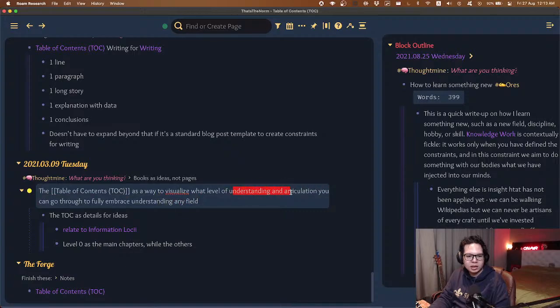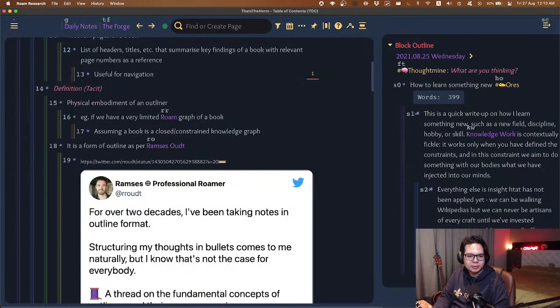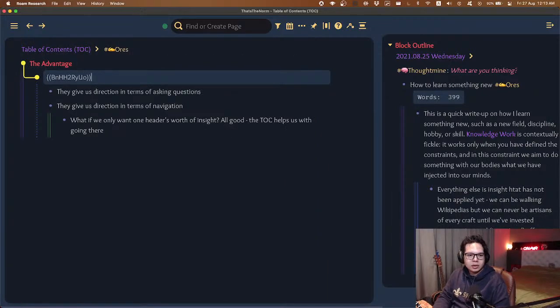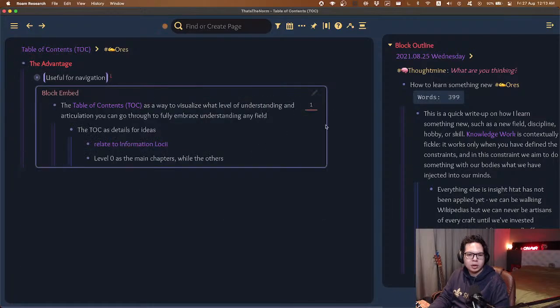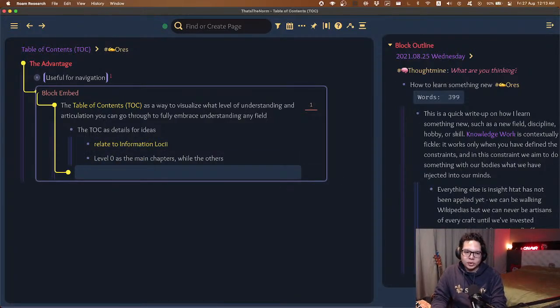Visualize, understanding, articulation. Yes. Okay, let me expand on that. Sticking to advantage, I'm going to embed. This is really useful if we were to create an imaginary book. What would the